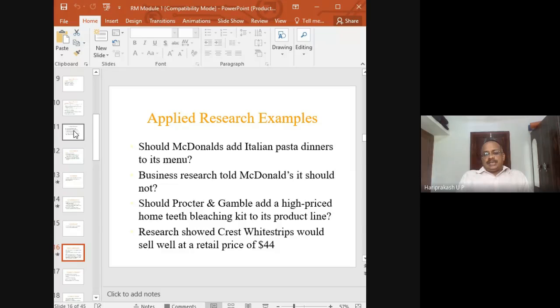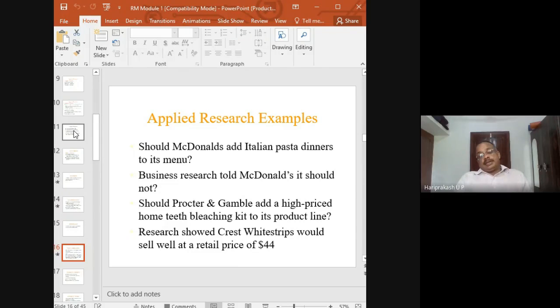So some examples are there in the context of business. So in the context of business, what is applied research? Some examples. Suppose you are doing research to know whether you want to add some new product to your business. Okay, that's a question to the manager, to the top management. Top management always wants to decide whether to add a new item, new product to their product